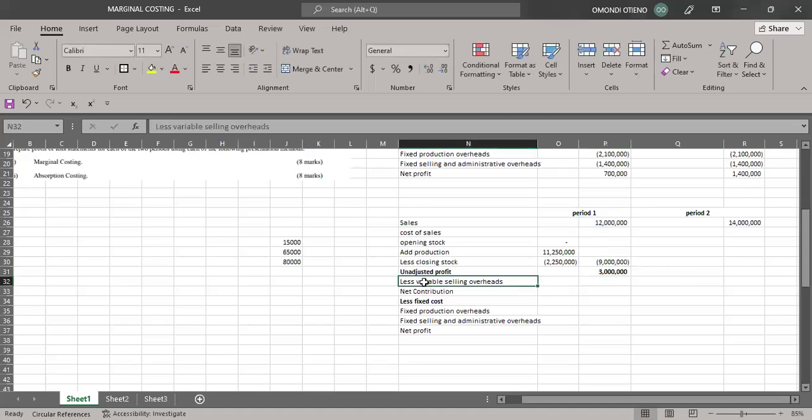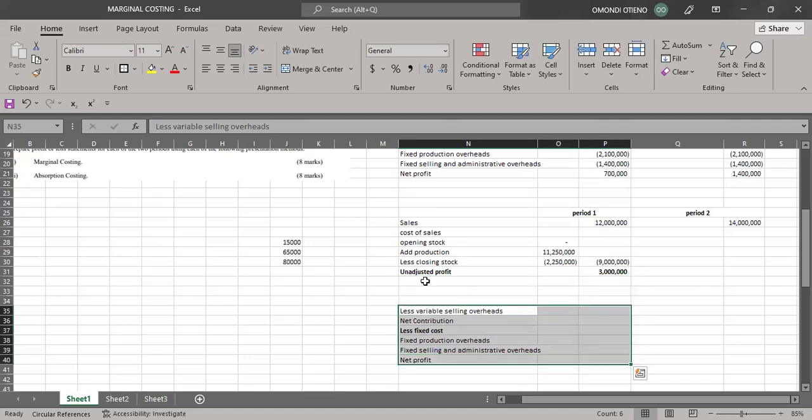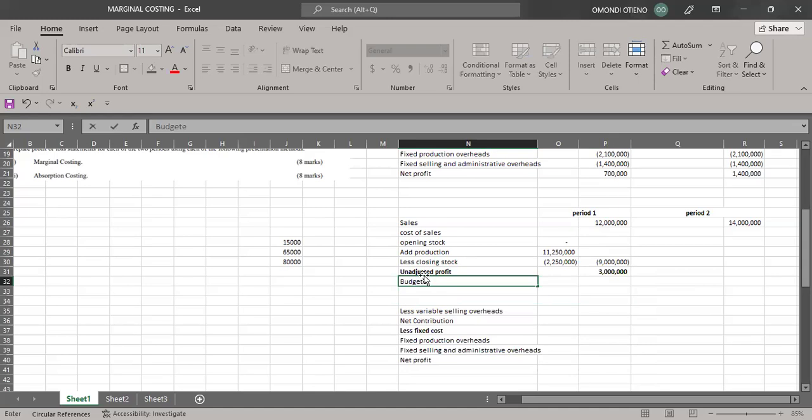Remember, when you bring this other part down here, this unadjusted profit, we must adjust it by looking at the budgeted or actual